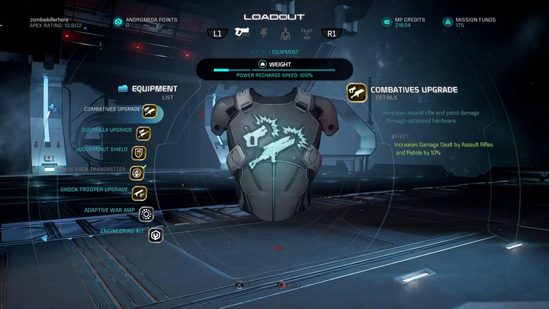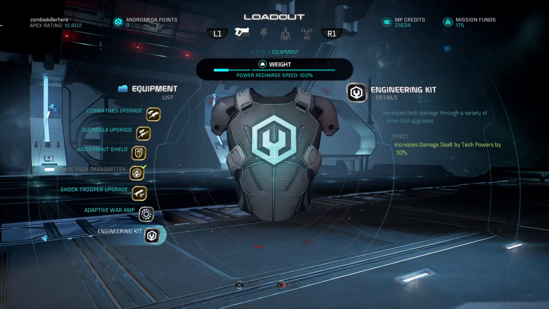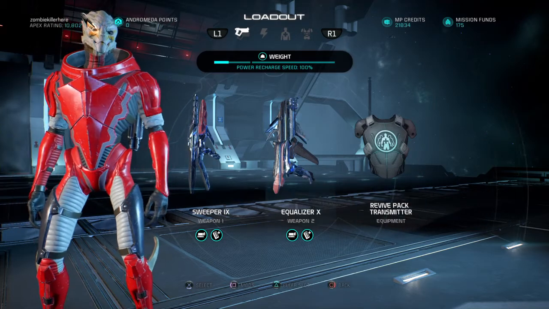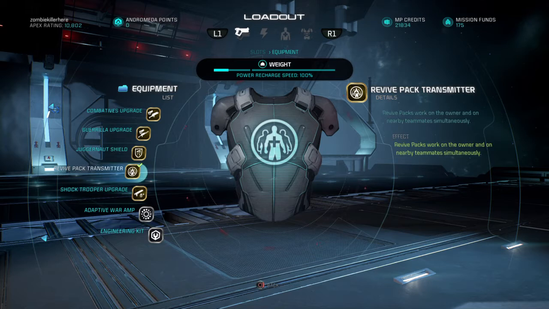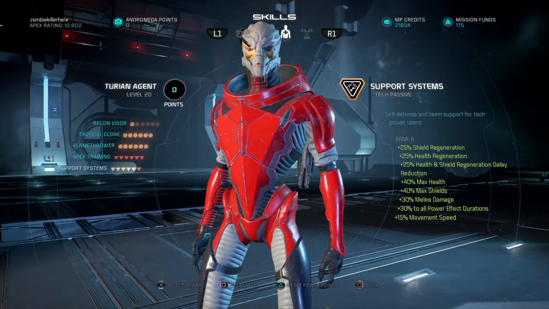Pretty much. You can have revive pack transmitter or engineer kit to increase the damage of the flamethrower. Both are viable. Revive pack transmitter will allow it where if you're down and an ally is down near you, or multiple allies are down near you, you use just your revive pack, it gets back up the entire team. Very useful. Highly recommend on every single character, even the turian soldier. But anyways,